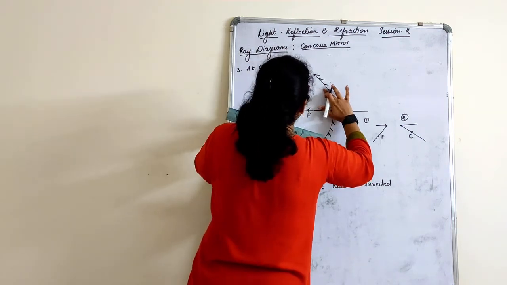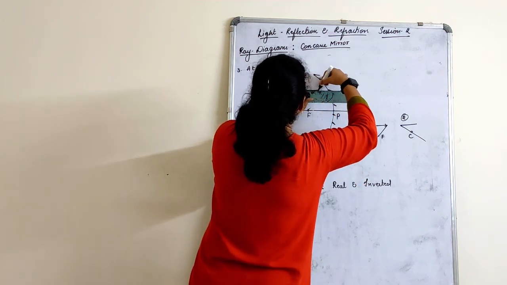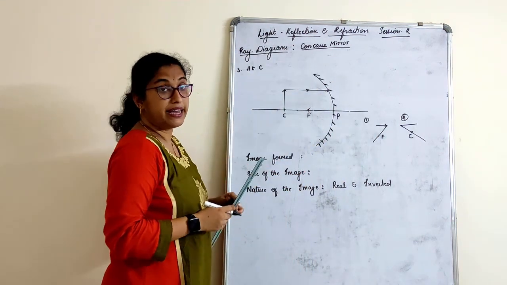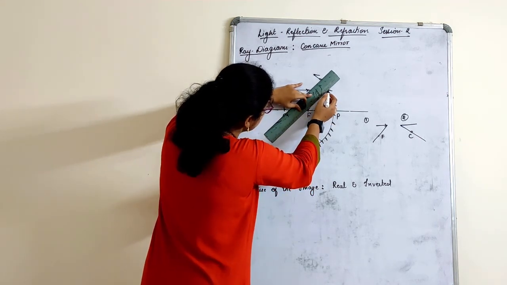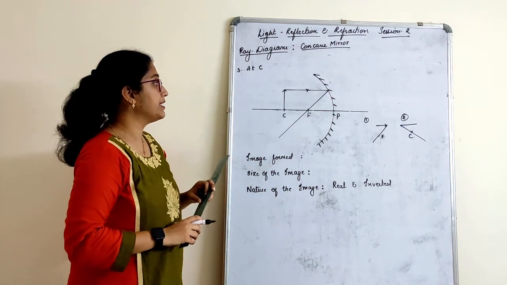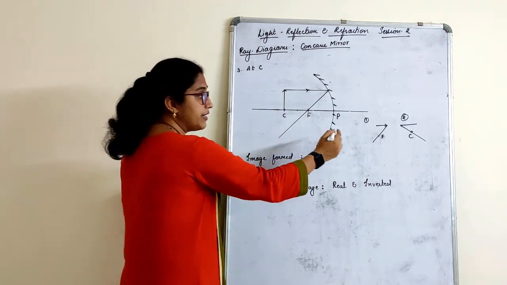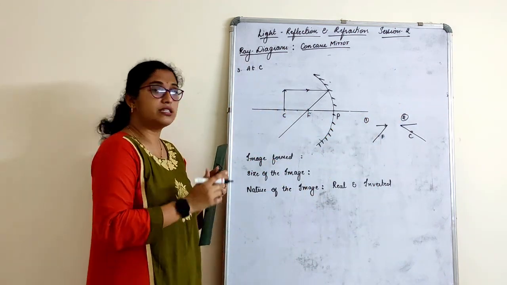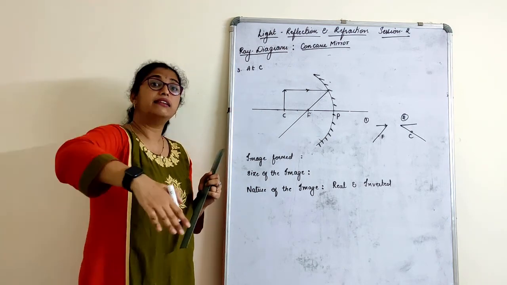So the first ray travels here. Arrow mark. Once it travels there, it comes back through the focus. The second ray, now look at this point. Can the second ray pass through the curvature, children, here? See what rule we used earlier. First ray will go parallel and come through the focus. Second rule we applied was, it will pass through the curvature, and curvature is nothing but 180 degrees. It will retrace the path.